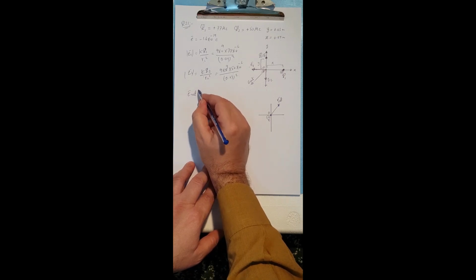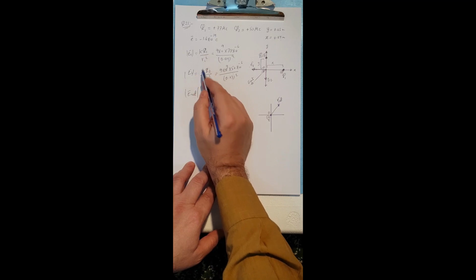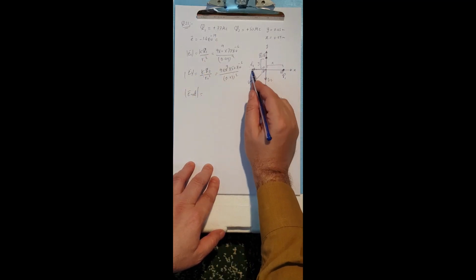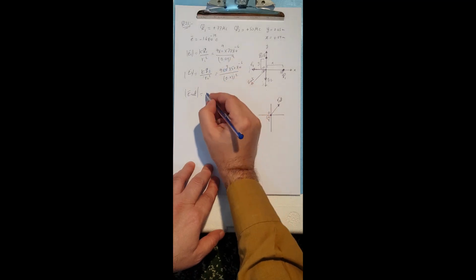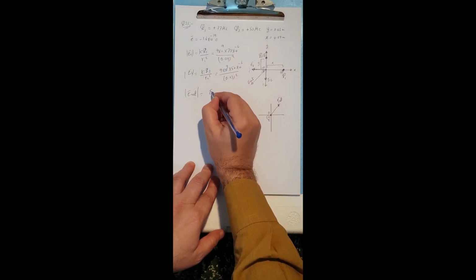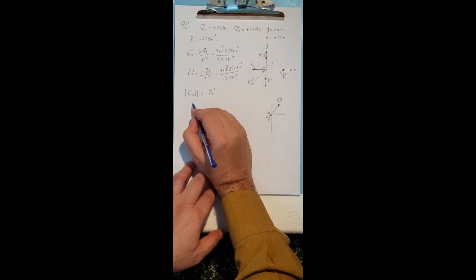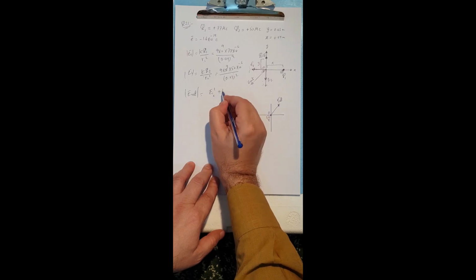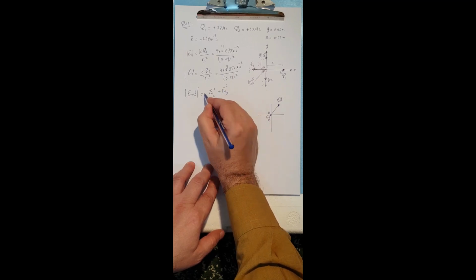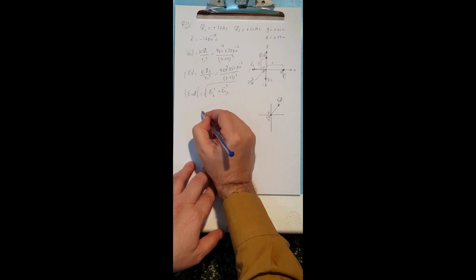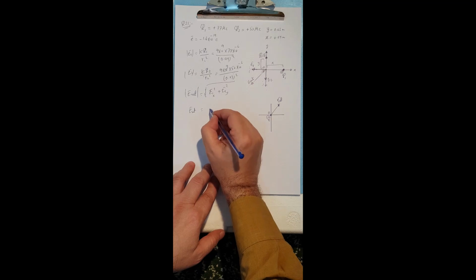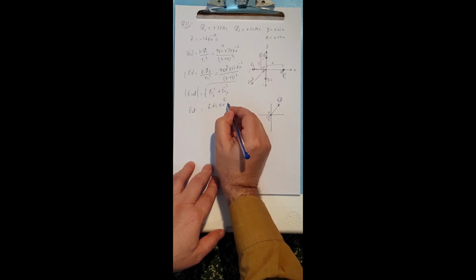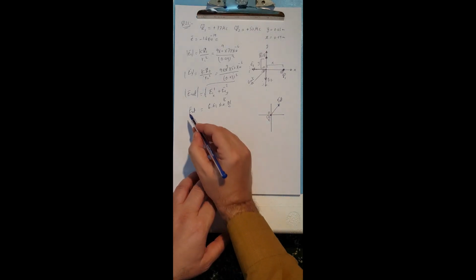And the E net value, because those are at 90 degrees, so it's like i and j, this is the total. You just have to square both values. So you'll have E1 squared, which is on the x-axis, plus E2 squared, which is on the y-axis, under the radical, and you find E net total, which is 6.61 times 10 to the power 8 newton per coulomb. Now we know E net,